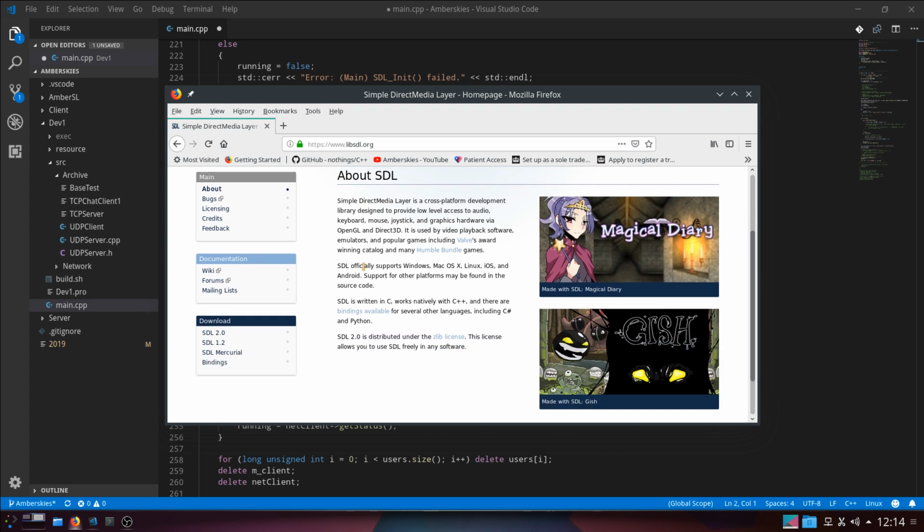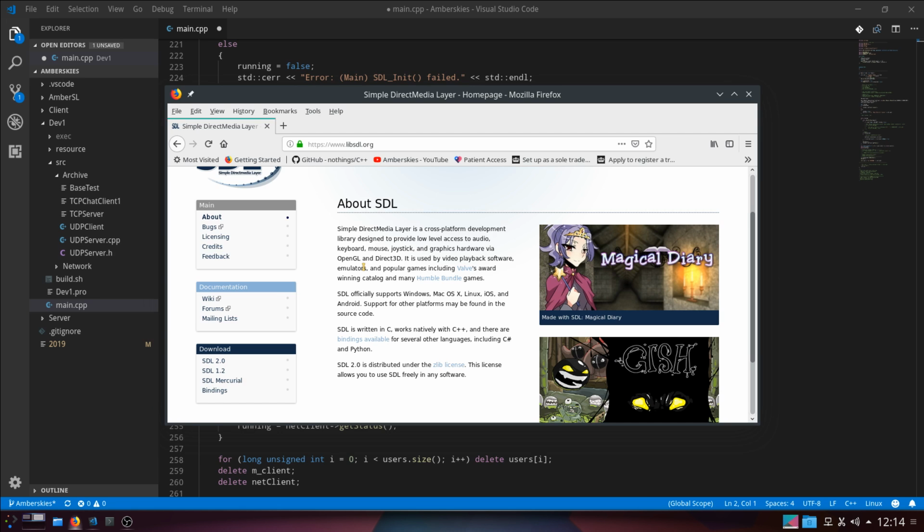It's actually probably the most popular library for OpenGL going, if I'm going to be straight up and quite happily upfront about it. Why did I not use it? It offers too much. It offers way too much. I certainly don't want it for my audio. Keyboard don't need. Mouse and joystick don't need. The hardware already does it for us. I don't need an extra software layer for that, or Simple Direct Media Layer for it.